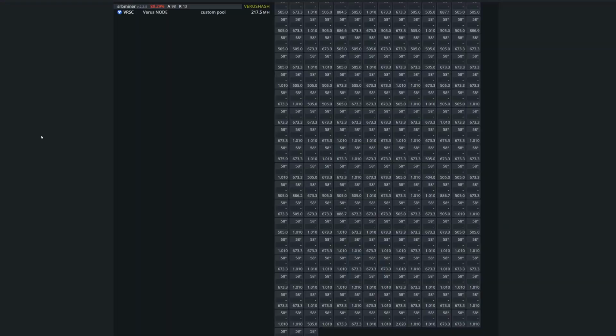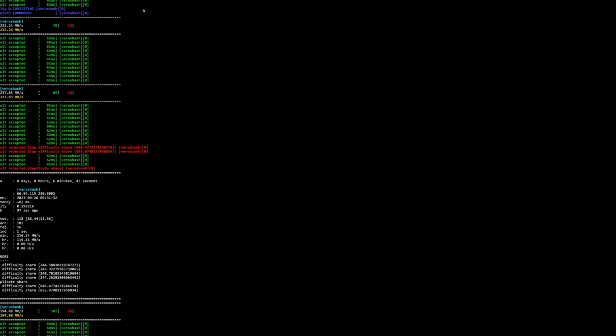All right, so here we are with a single stick of RAM in each CPU on Veruscoin using SRB miner, and HiveOS is telling us, do a quick refresh here, 217.5 mega hash at the wall. We are about 519 watts. Now, if we do actually SSH in, we can see that it's telling us anywhere between 232 mega